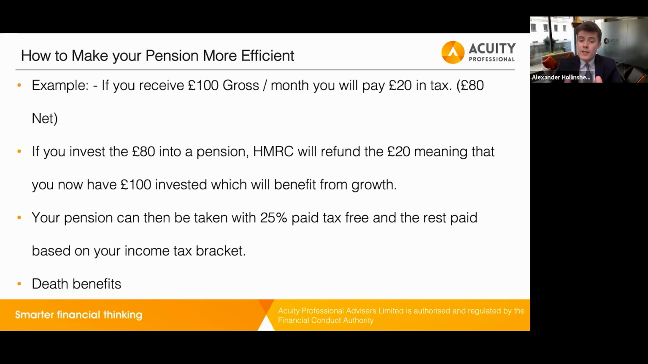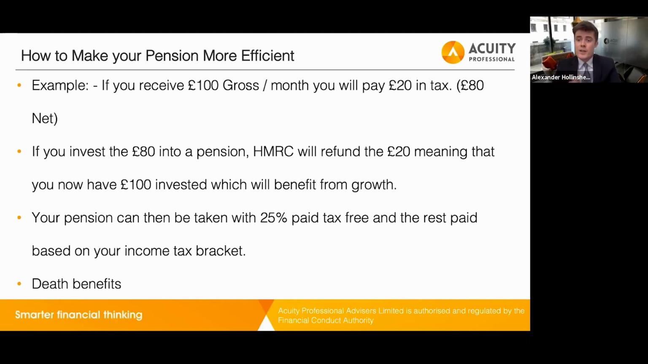You are also allowed to take 25% of your entire pension fund tax-free, which is fantastic if you want to buy something large at retirement. And the other thing,